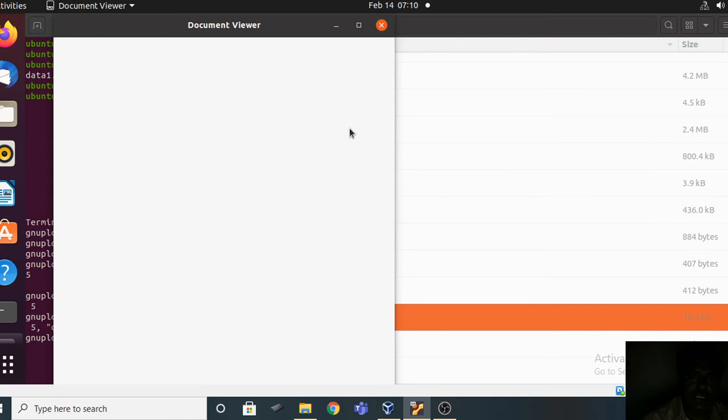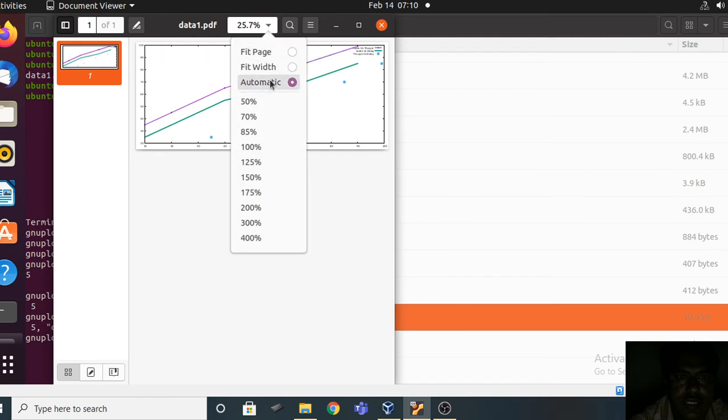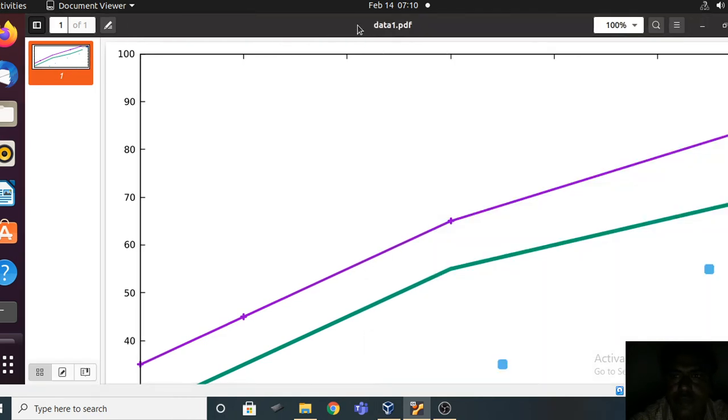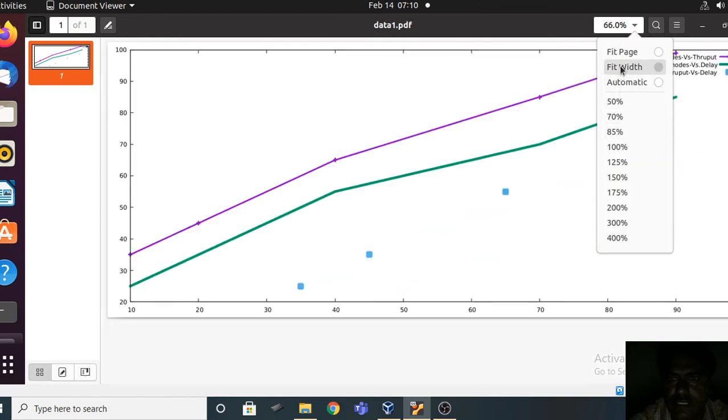Is this that plot graph that we have drawn? If you want to increase the percentage, you can increase, and if you want to take a printout, you can take, right? If you want to fit width, you can adjust like this.